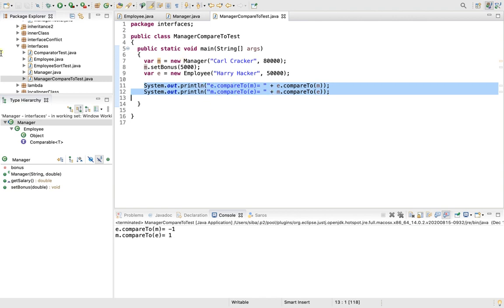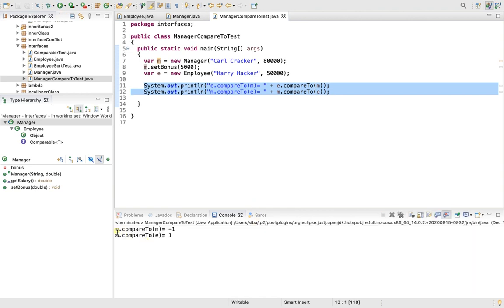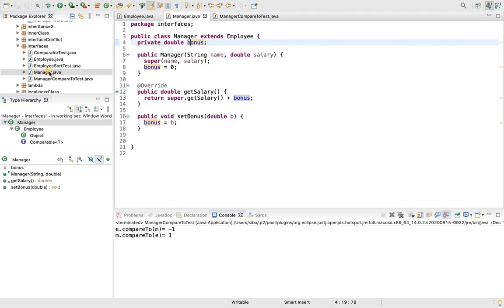they respect the contract. So let us run and see that if E compared to M is equal to minus 1, it means E is considered less than M, then M compared to E is considered greater than E. And this is true because we are comparing the salaries, and the manager M has a greater salary than the employee E. Where the problem arises is when you go to the manager class and you decide to override the